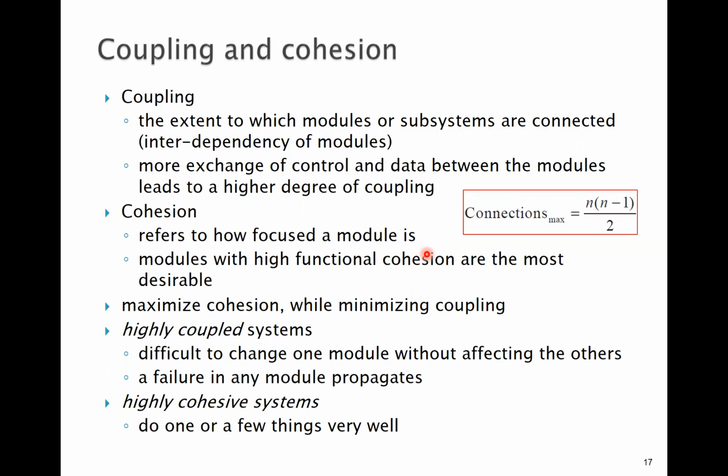If there is a failure, then this failure propagates easily over the modules. On the other end, in highly cohesive systems, we have more isolated modules,